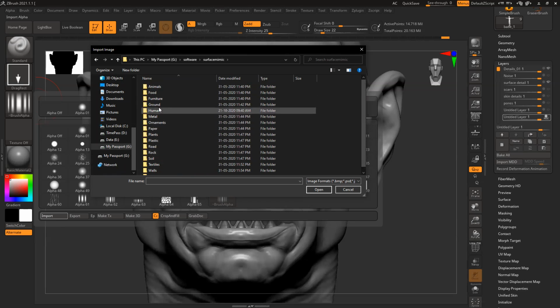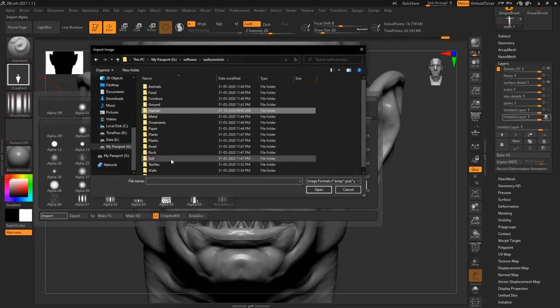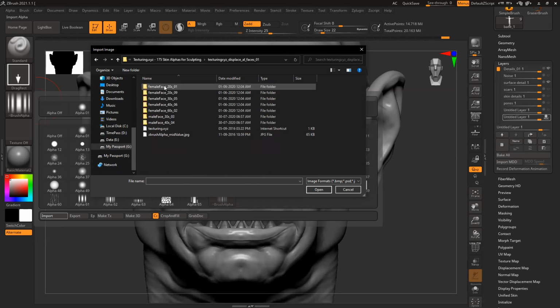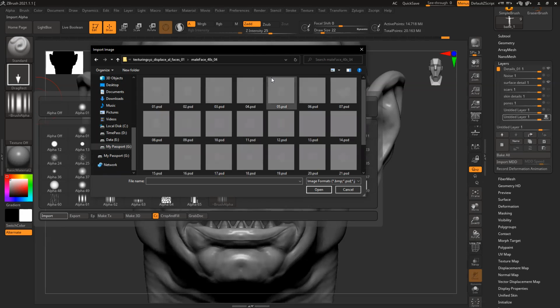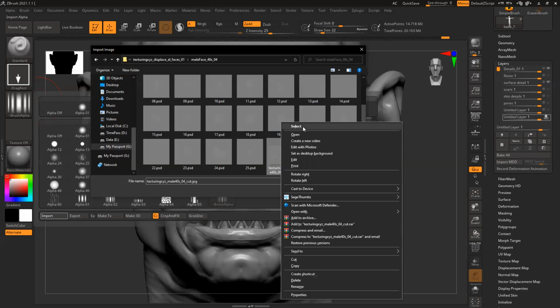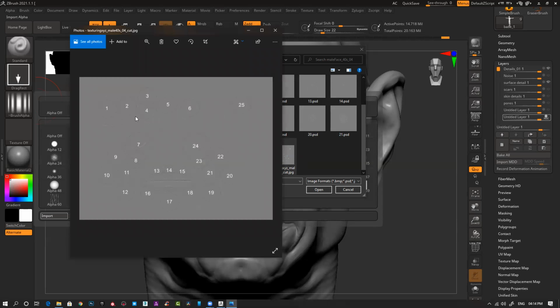So in this particular set, I'm using a texturing explosion. In this, because this golem skin is a bit old, he's like 100 years old or something, so I'm going to use male 40, like a 40-year-old male. And in this explosion, if you have downloaded it, you might have seen, they have this image for all the positions,